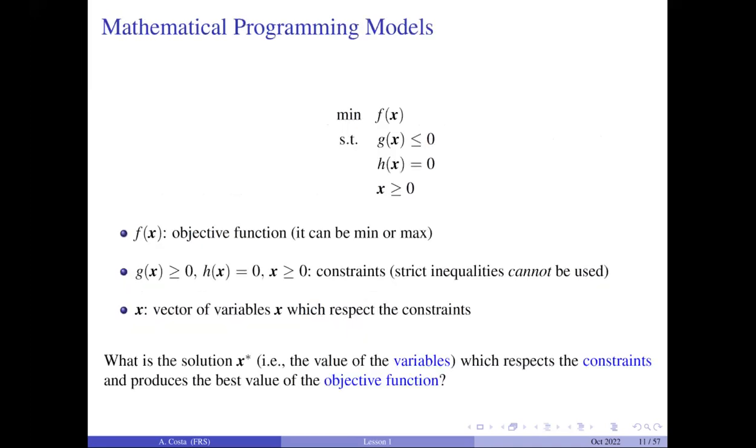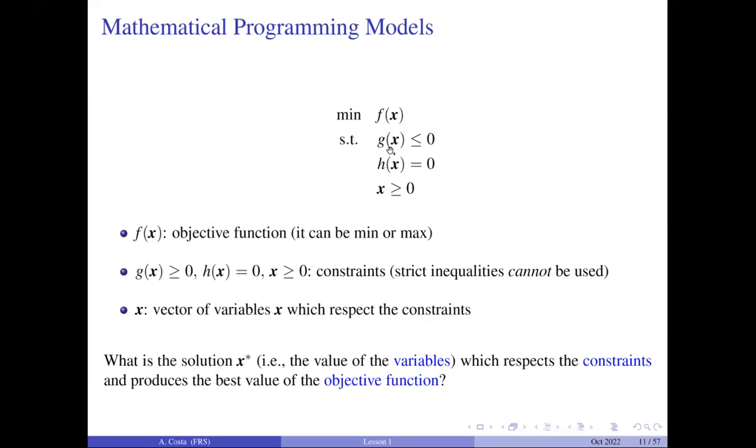This may be scary for some, but it is not so difficult to understand once we have gone through this slide. Because what this is telling you is basically that the structure of a mathematical programming problem is that we want to minimize or maximize an objective function, what I called earlier the performance measure. Shortest path, for example, when you want to drive from A to B, the function f will be the length of the path. Then you have s.t. s.t. means subject to, and this is introducing the constraints of the problem.